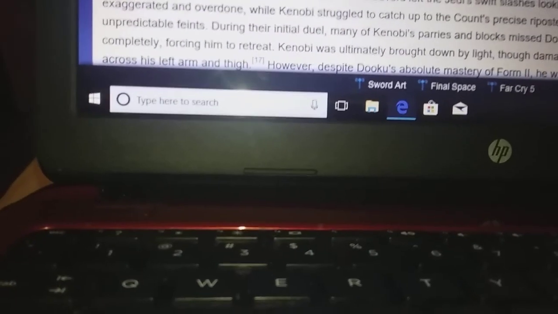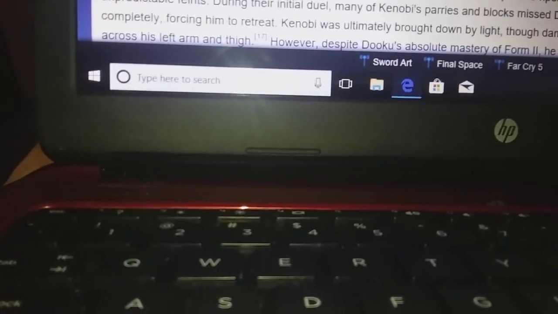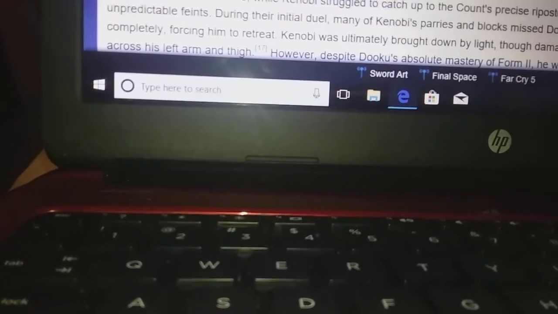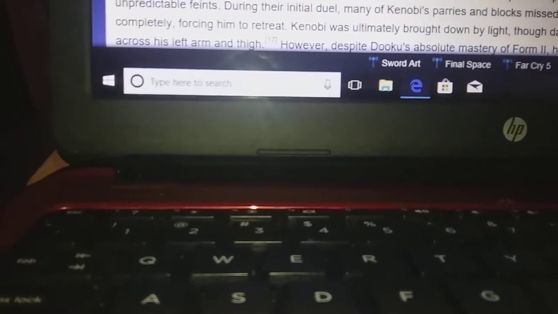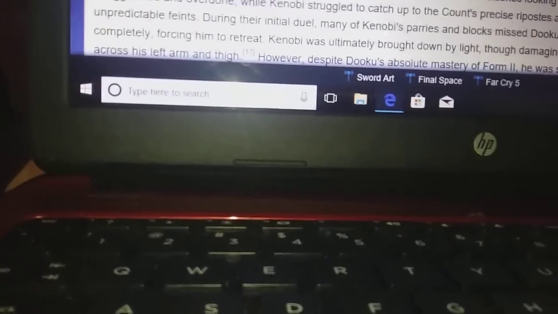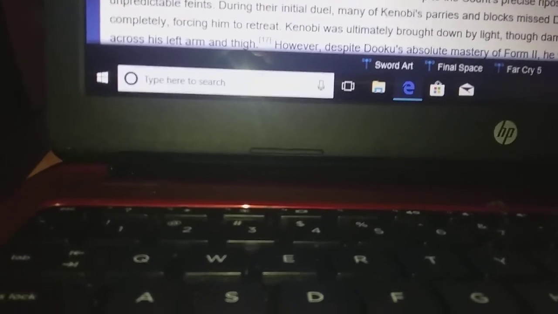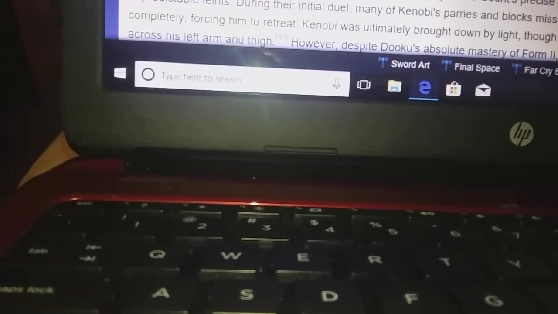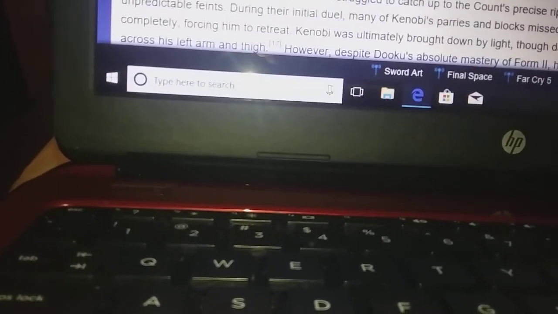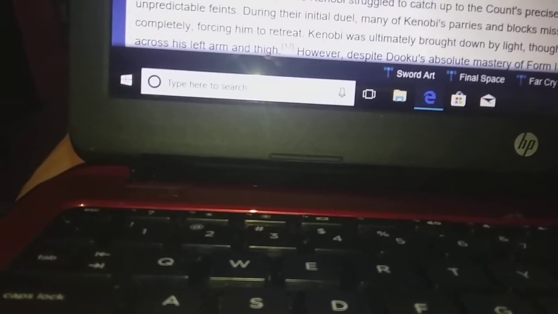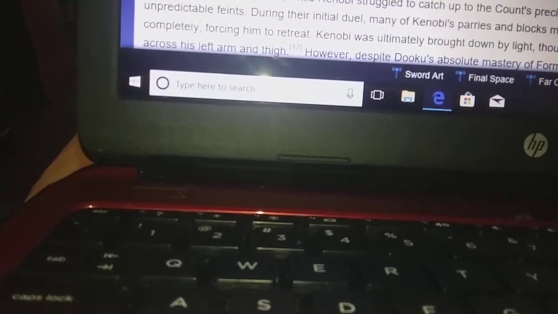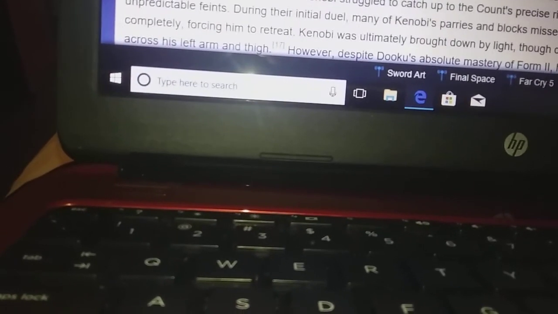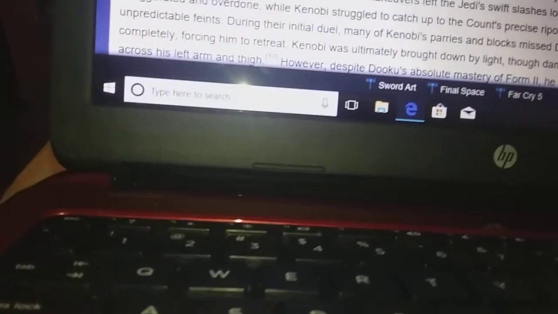Form 4 is a very interesting counter to Makashi, because when a Makashi user can defeat someone using a poorly performed Form 4, they think to themselves, now this is true elegance. I can defeat this man without even moving my feet. However, Form 4 versus Makashi can get you killed horribly because